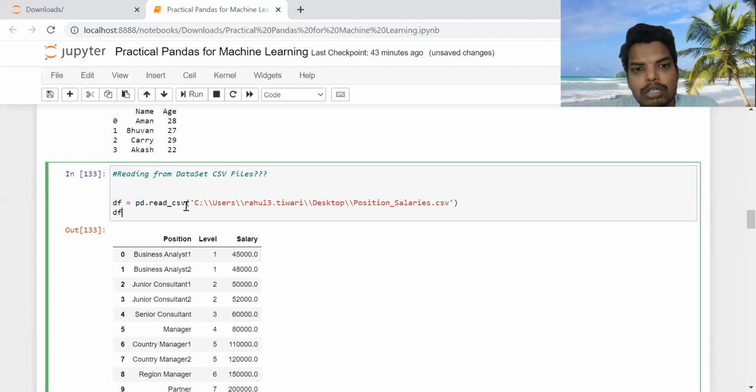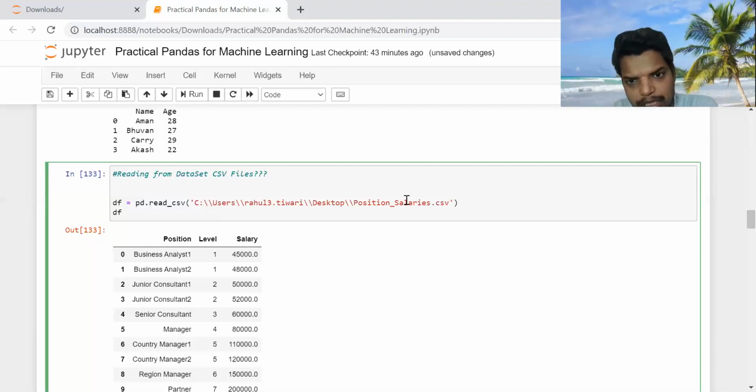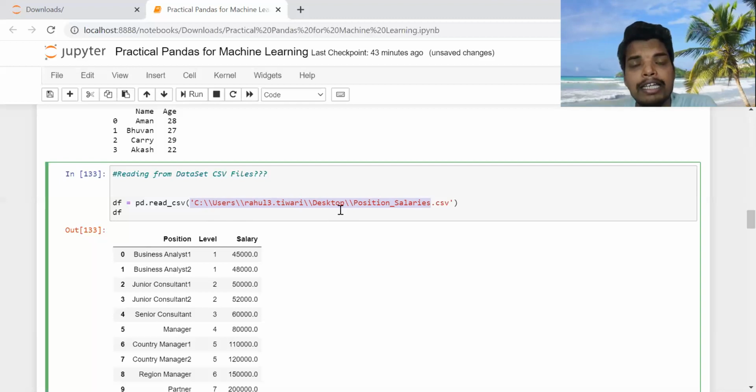Here I have stored it on my desktop, and this is available online. So even if you want, you can download it online, or I will provide the link to the data set in my description. So df is equal to pd.read_csv, then the path name where the data set is stored. You have to write the full path name along with the file name also.